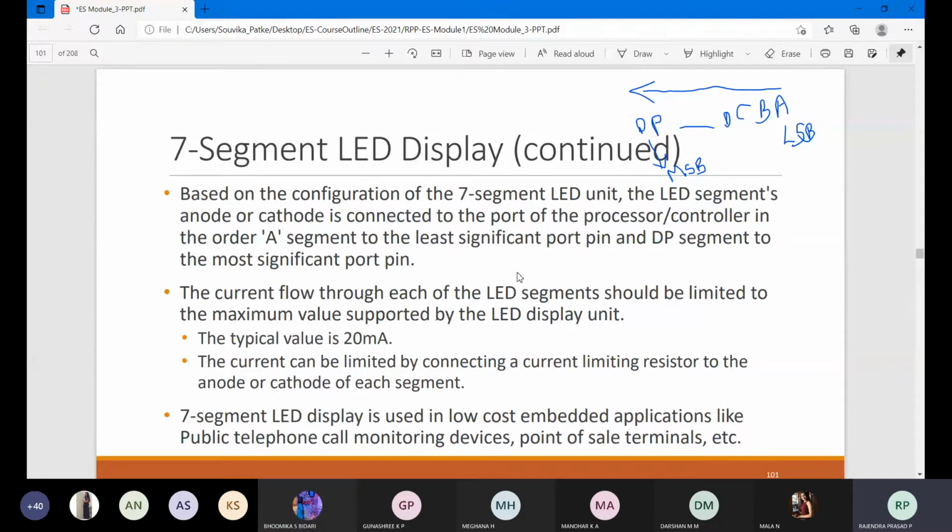Okay, maybe you have observed this with respect to the digital to analog converter. What we have done is taken digital values and an analog voltage, and this experiment we did for 4 bits.